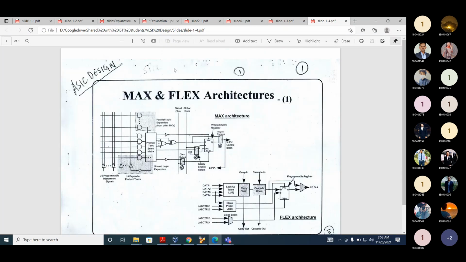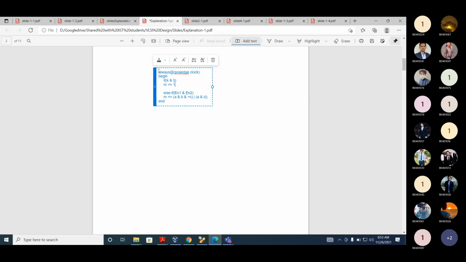Now let's assume we want to implement another function, a very simple combinational function.